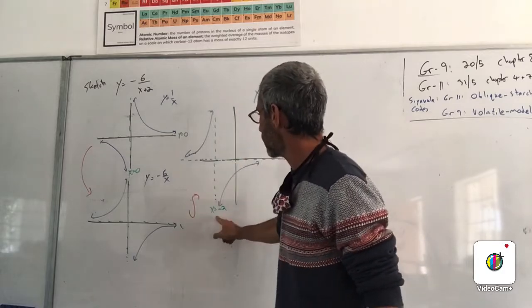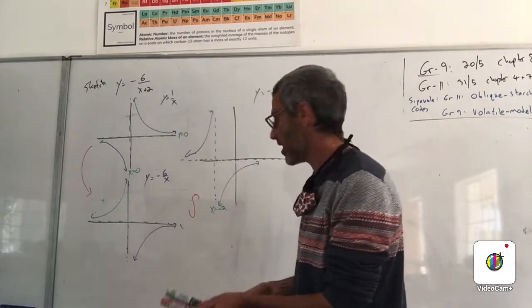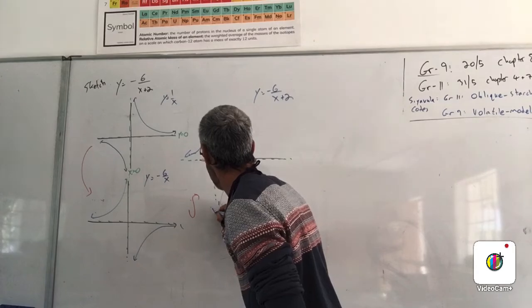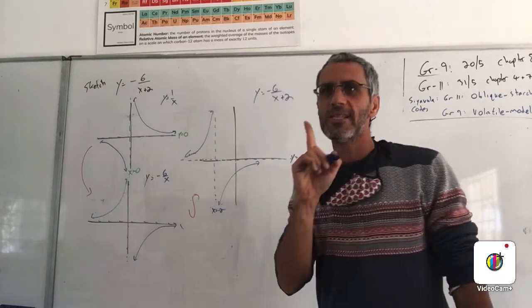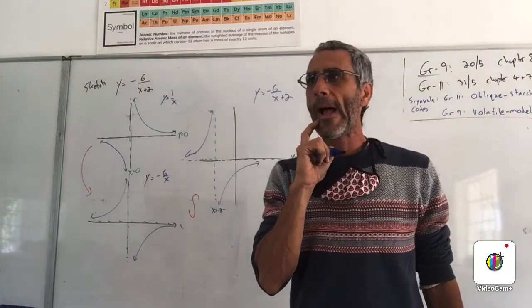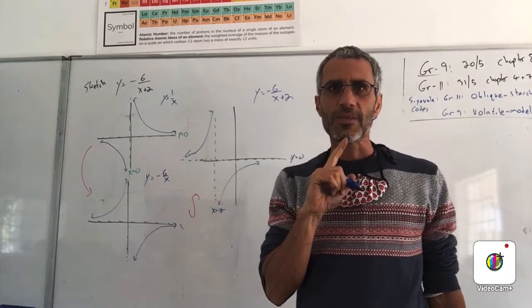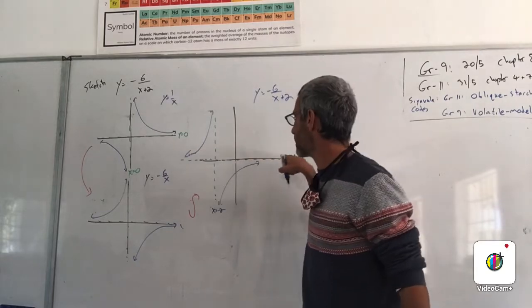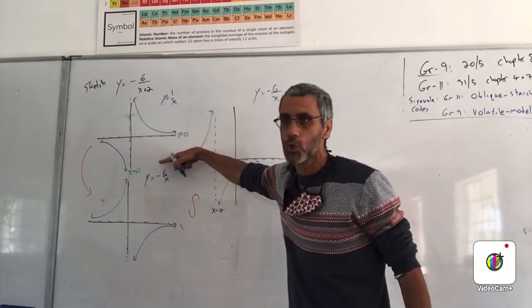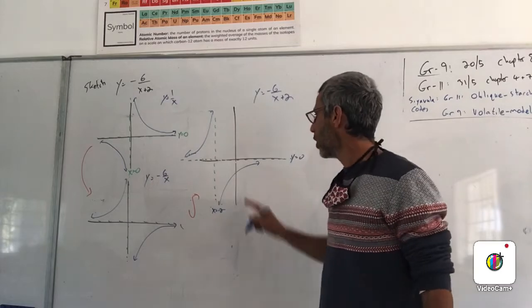I should label the asymptotes. I should say that this is x equals minus 2. I should say that this is y equals 0. But I'm missing one detail. What is that? The intercepts. Do we have any x-intercept? Are we crossing? No, because the asymptote ensures, and we always get closer, that we never cross it. But we do have a